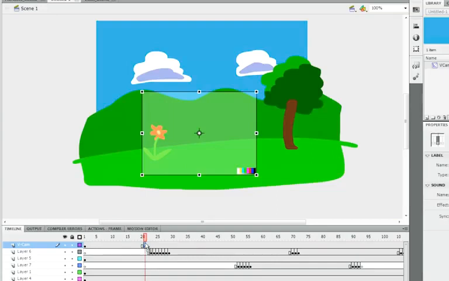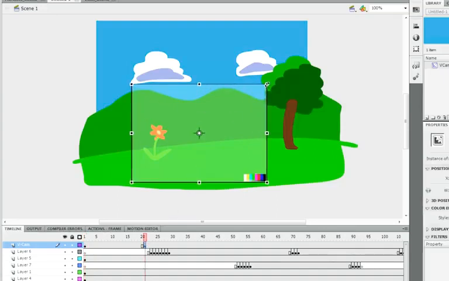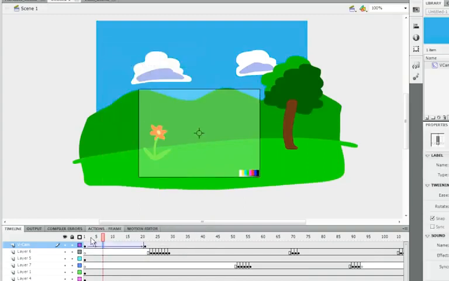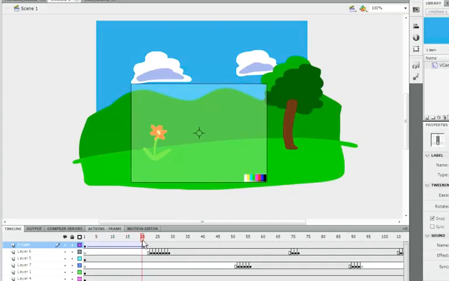Okay, I'm going to press F6 to make a new keyframe, and then I'm going to start maybe zoomed in and then move out like that. So I'm going to make a classic tween, and then see it's going to slowly zoom out, and then when he falls down, I'm going to want to